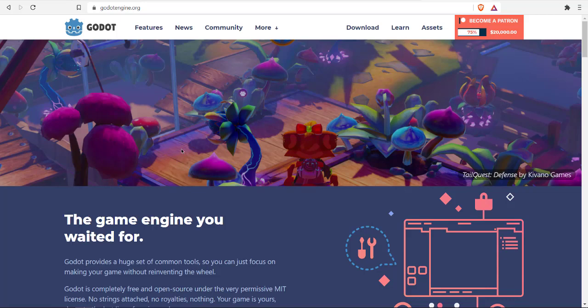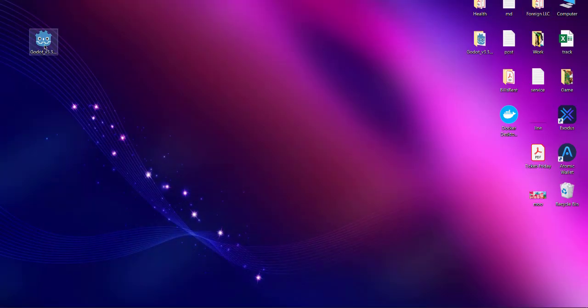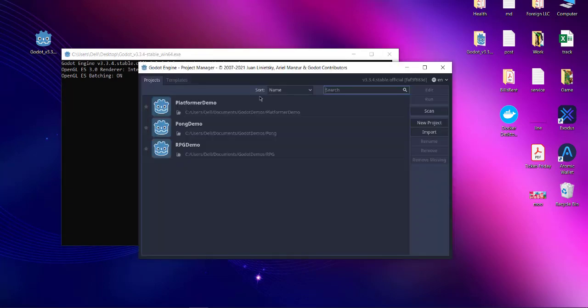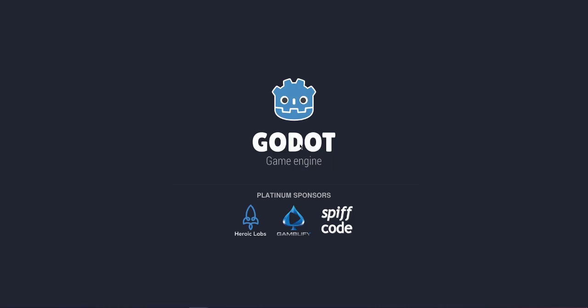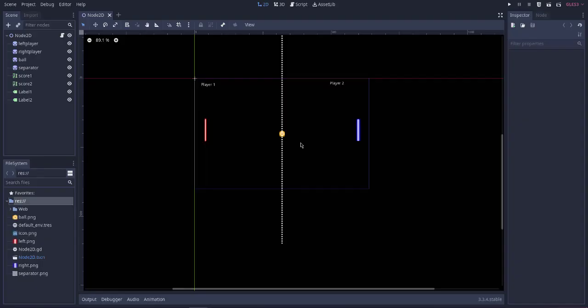Okay, so let's take a look at how you can export your Godot engine game to Windows executable. So first thing I'm going to do is open Godot engine. Okay, and here I have this Pong game which I want to show you before I execute it for Windows